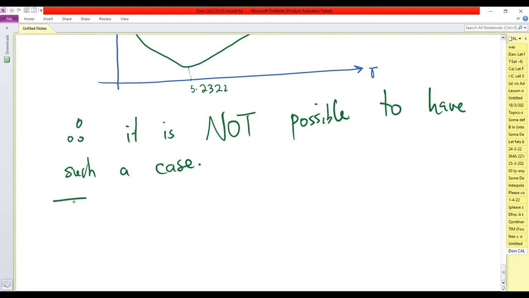So this means that a cylinder of such volume